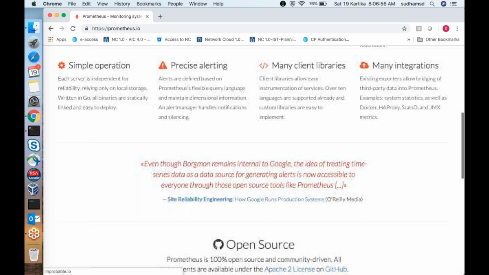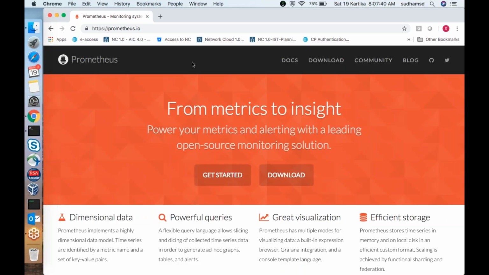The first component will collect the information on all the nodes wherever you want to monitor. Whichever node you need to monitor, there we need to have this particular package installed. This package will try to contact another component in the Prometheus, that is called a server package. It will pass the information to that server, and the server will display the information in the dashboard. So we have a dashboard for Prometheus, and you can see that information in the dashboard itself. Let's see what are the things we need to follow.